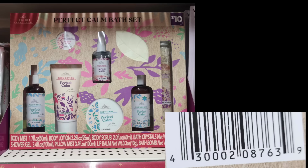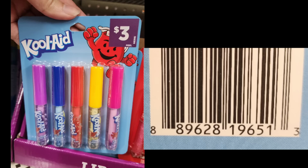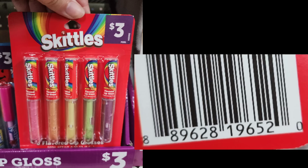The gift sets that are going to a penny on Tuesday are the ones that have these purple square price tags up in the corner that have the price on them. There are a few gift sets or health and beauty type items that have this purple square tag that are full price. So you definitely want to make sure, as always, that the first thing you do when you get